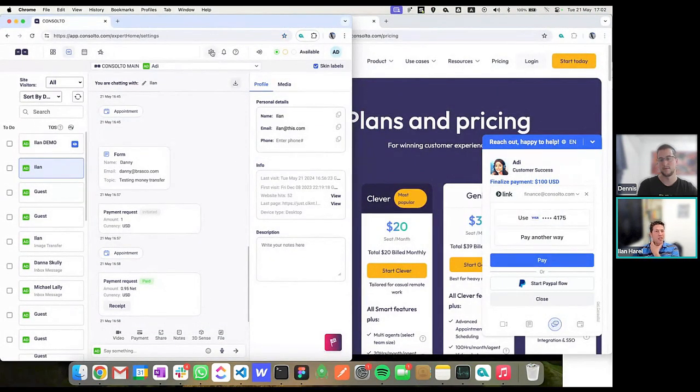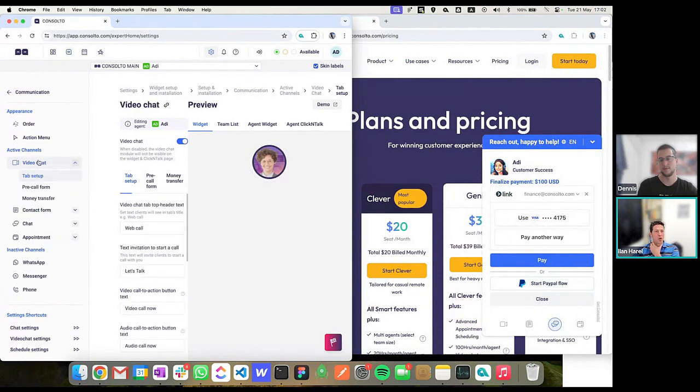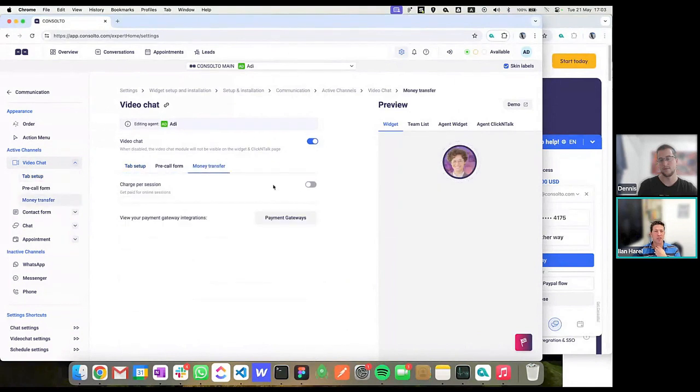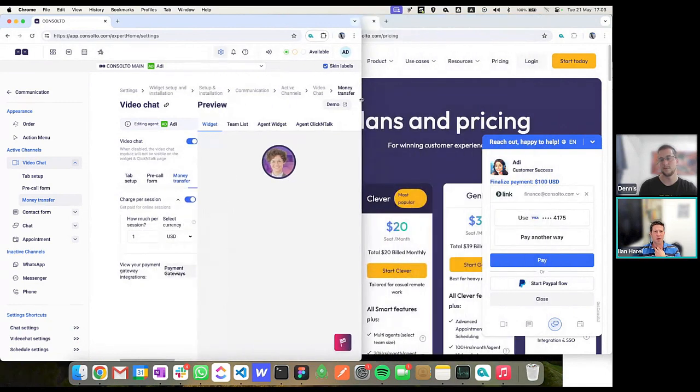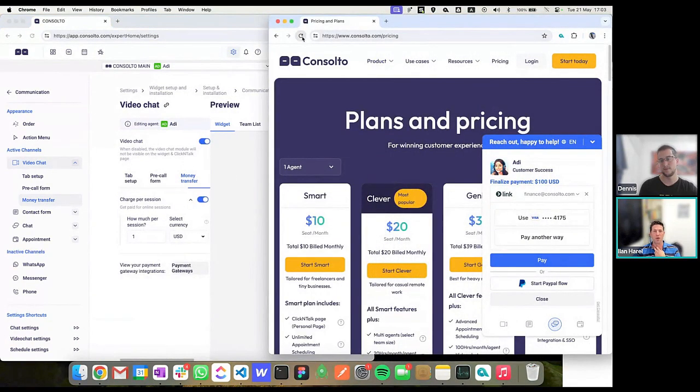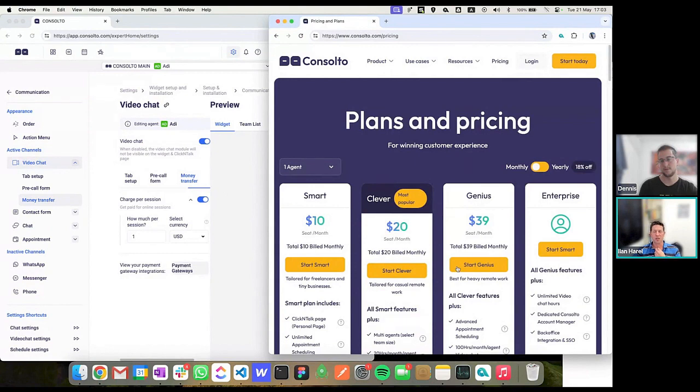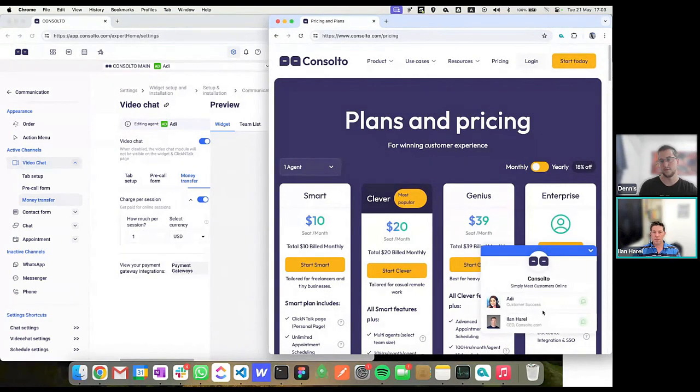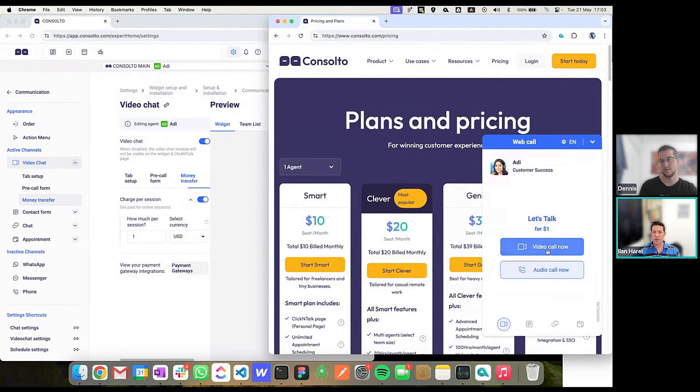In order to set this, you go to the video chat tab. You set the money transfer to on. You set the amount of money, and let's see this now in action. So I'm going to reload because I just changed this. I'm going to use these, and we can also see that this changed.